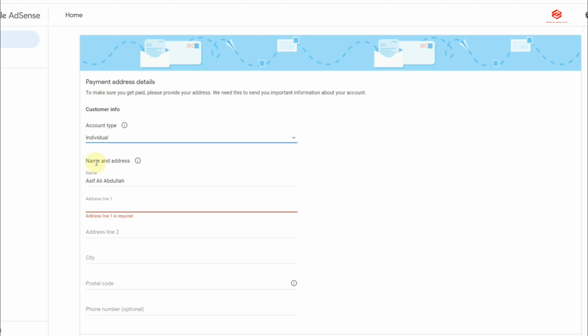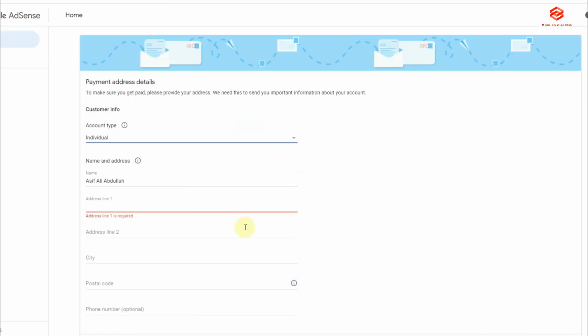Then here it is asking for the name and address. I need to fill in the name and address as per our government ID. As you can see, this one is my brother's ID. It's written in the Urdu language, so I need to fill it in Urdu, not in English.